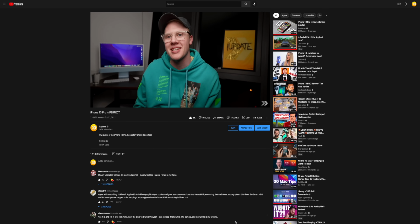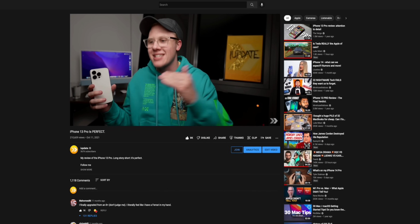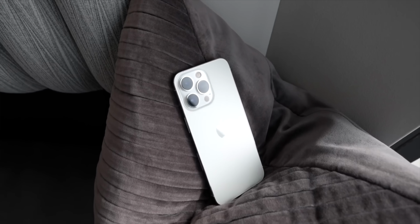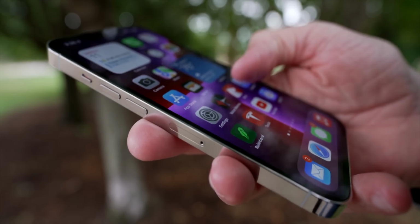So I don't actually think the iPhone 14 Pro is a perfect phone. It's the most fun I've ever had with a phone, and it's my favorite iPhone ever, but I don't actually think it's perfect, because that title I will keep on the iPhone 13 Pro, of which I called perfect last year. And I say this so confidently, because everything Apple did with that phone was just perfectly engineered, fully built out, and I feel like the full realization of every feature was there pretty much on